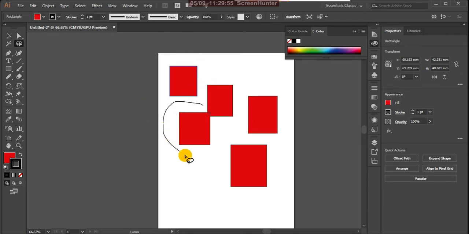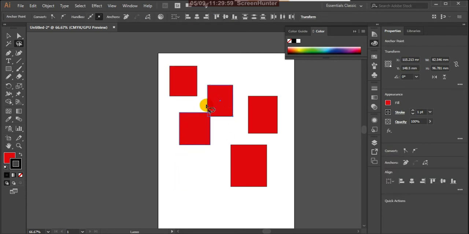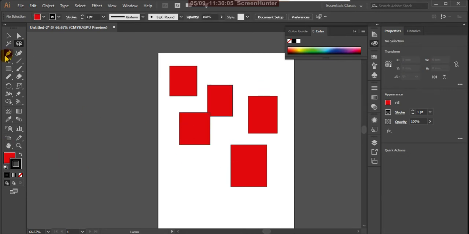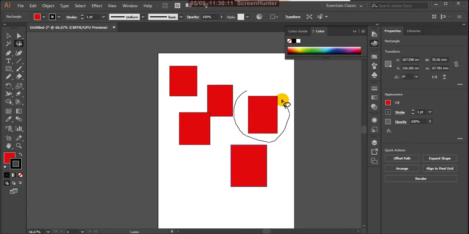Suppose I want both of these, see, two shapes are selected at a time. So that means with the lasso tool you can select one object or two objects at a time by dragging around the shape. Simply, this is one kind of selection tool.